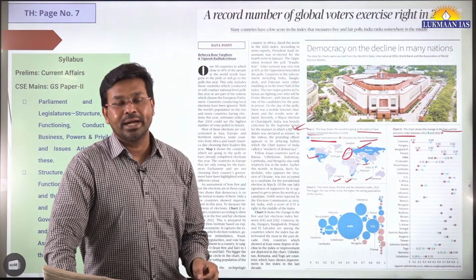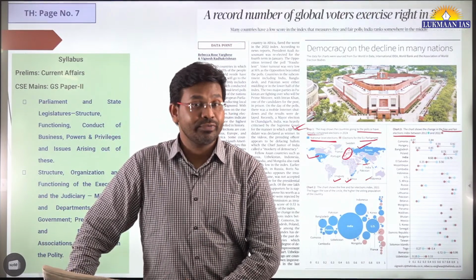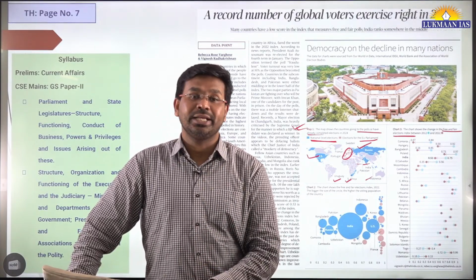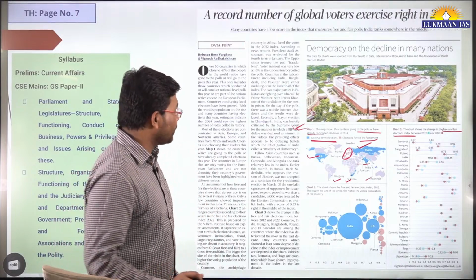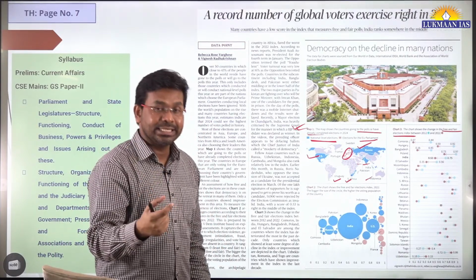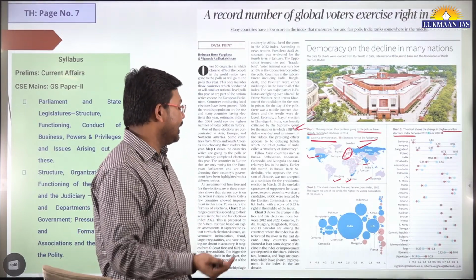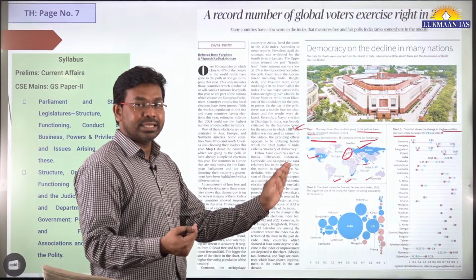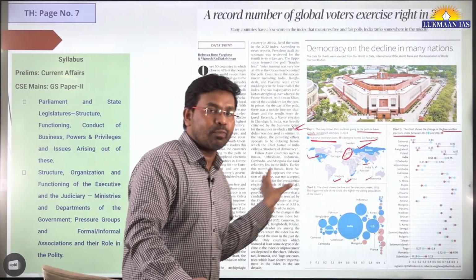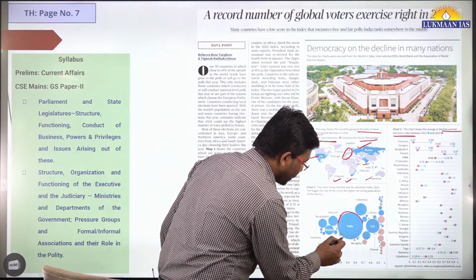When we talk about India, this responsibility lies on the Election Commission of India. The Election Commission of India is the body that conducts the election exercise for the entire country. So where does India lie? Does India conduct elections in a very fair and free manner? In this article they say that India is neither a bottom performer nor a top performer. It is lying somewhere between the bottom and top performer. So this is the location of India.